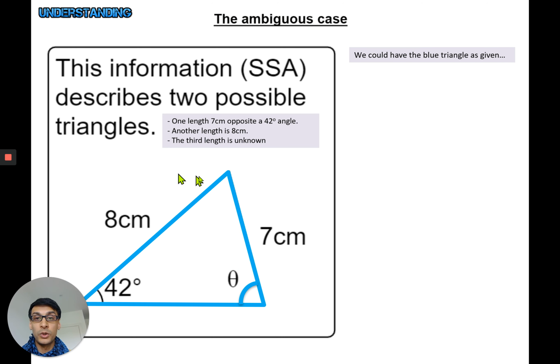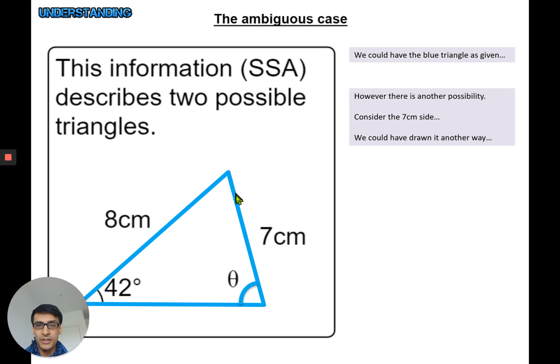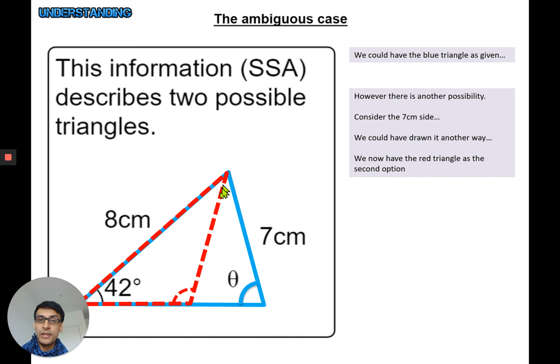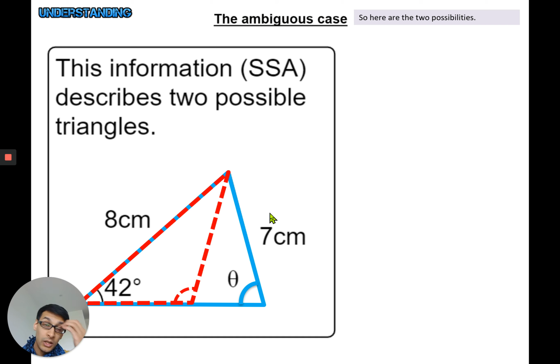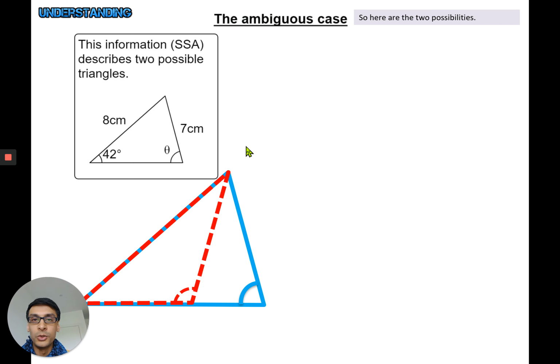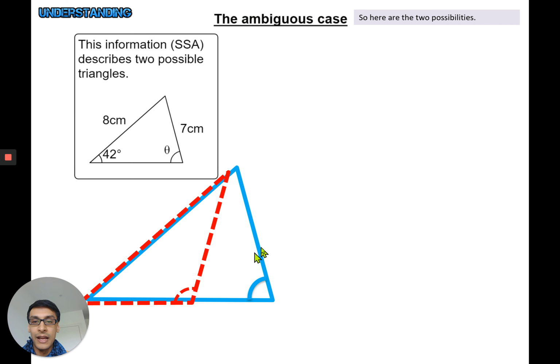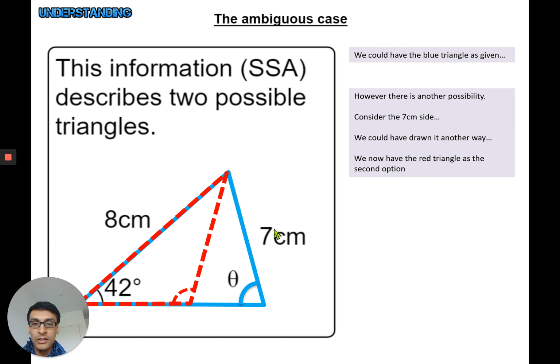You could, for example, maybe have drawn a triangle like this, and you can see there's a 7 centimeter length. You may have also decided that 7 centimeter length could go that way. So that leaves us with this red triangle here, and that also meets the criteria that we've looked at. So when we're looking at congruent triangles, if you're given a side and an angle, what you actually have is